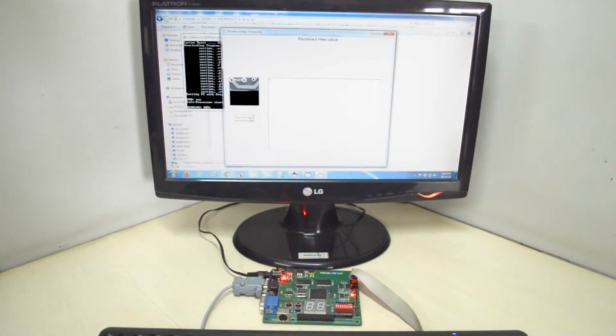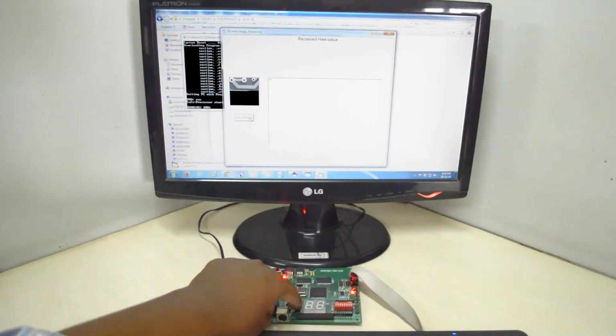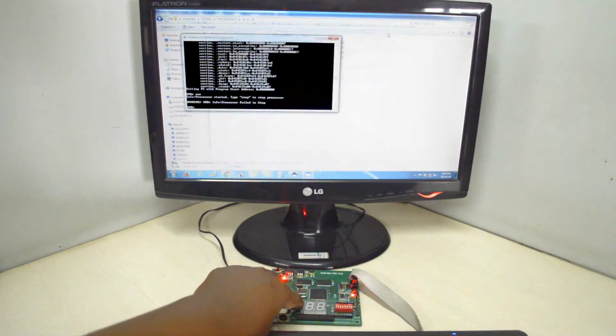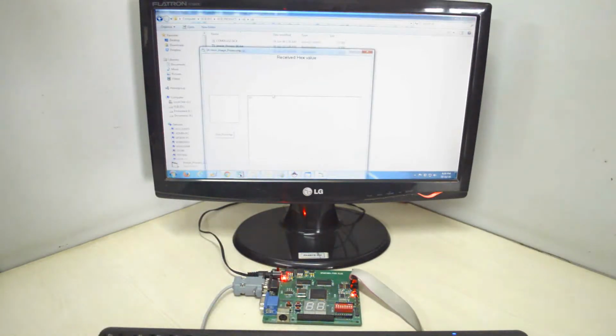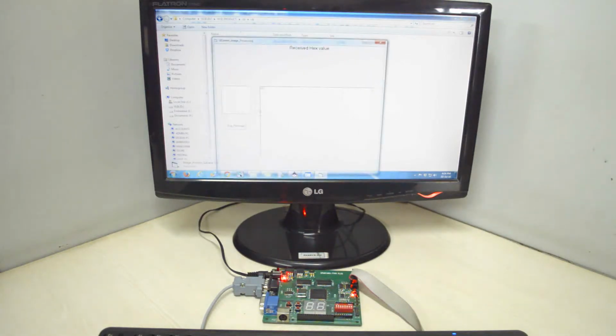If the image is not loading properly, we have to press soft reset on our FPGA board, close the VB GUI, reopen it and release the push button. Once you do this, the image output will be received from the start.